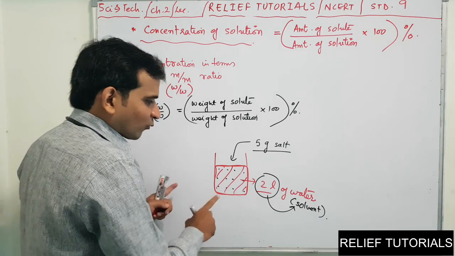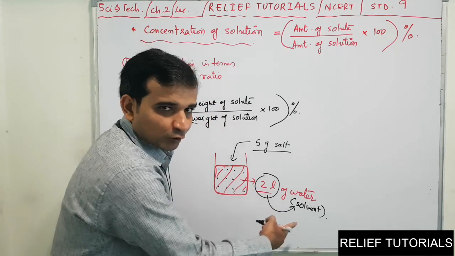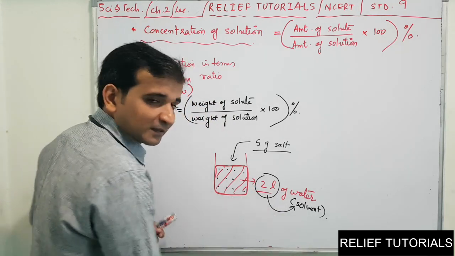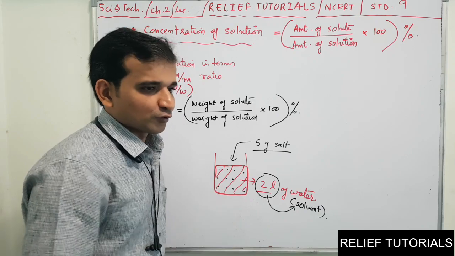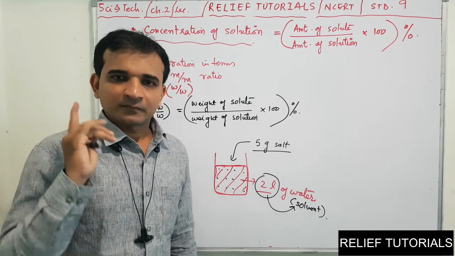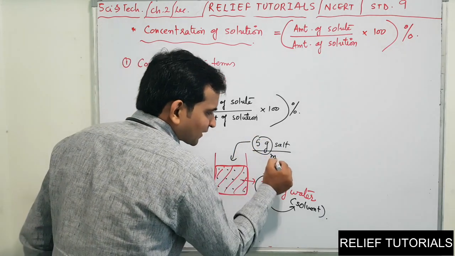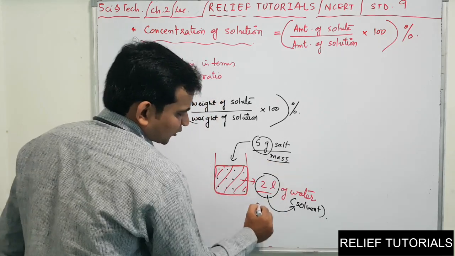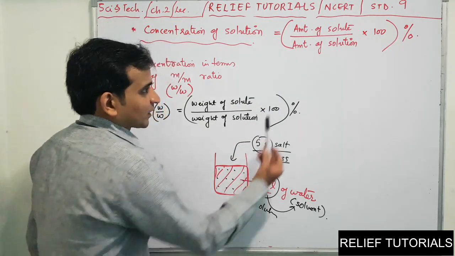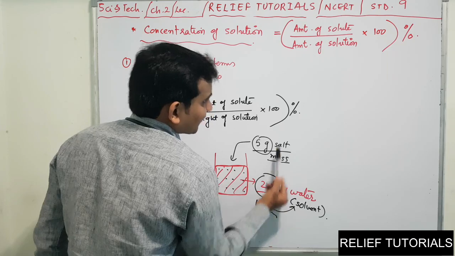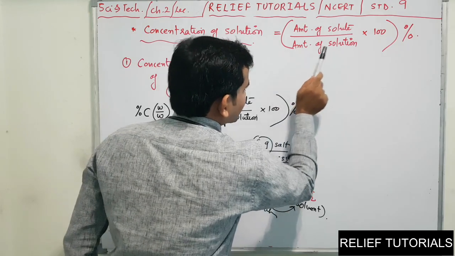So when you are solving problems and you have volume given for solvent, the mass increases but the volume remains same. So when you have been given volume of solvent, the volume of solution remains same. Is that clear? So here, if you see, the solute is given in terms of mass. 5 gram is the mass and 2 liter is what? Volume. So how can you form the formula? The change in the formula will be, here solute is in terms of mass, so we can write mass of solute upon volume of solution.